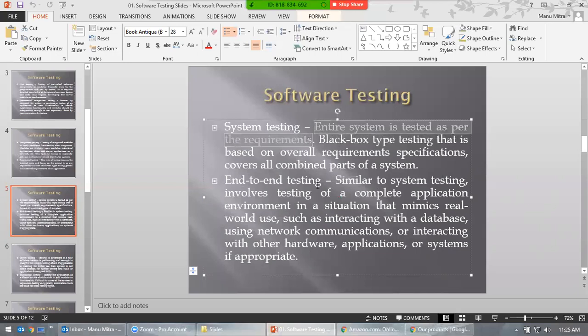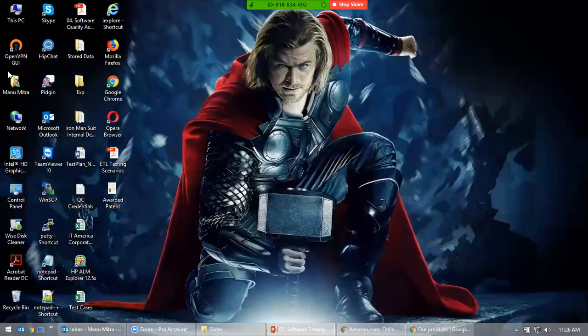This is a little bit broad statement, but you have to depend on requirements. System testing doesn't mean you have to test the whole system. No, you cannot test a whole system, but you have to test it based on the requirements. What does the requirement say and what you are testing, that's more important. Even if I take the system, there are so many apps installed here, but I'm not going to test everything.